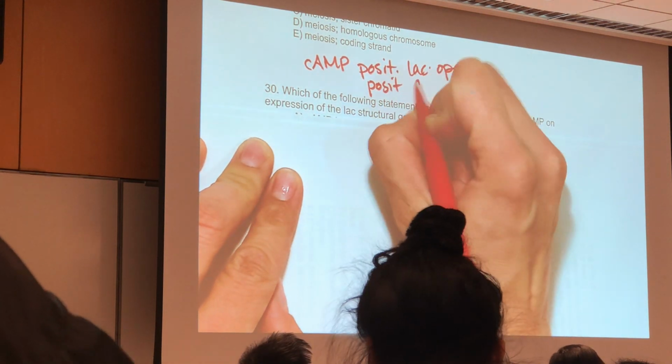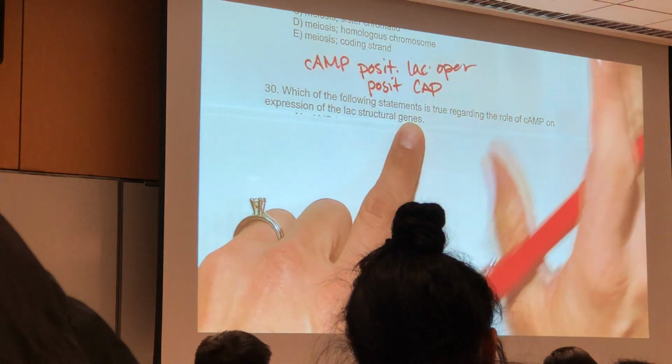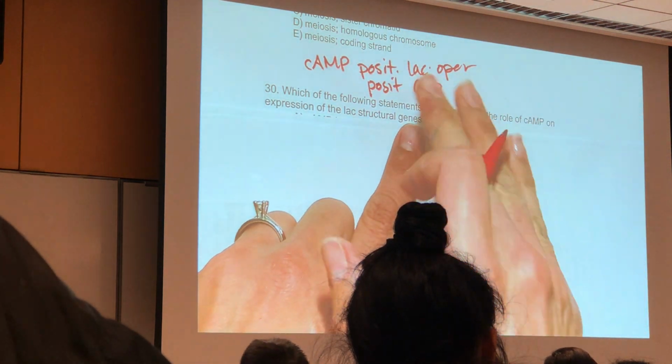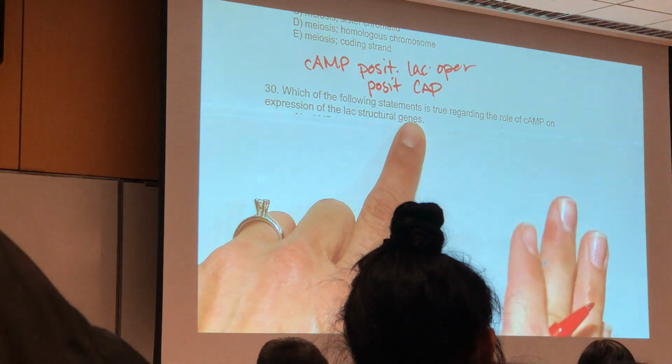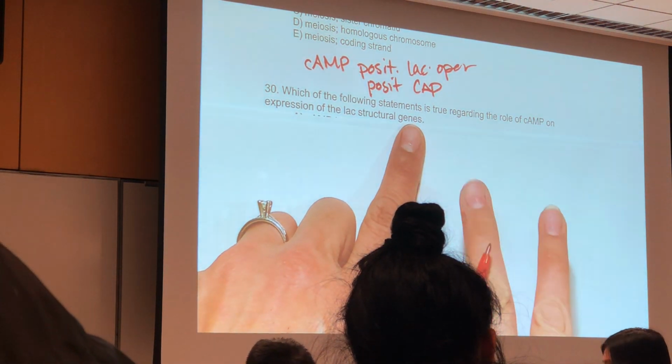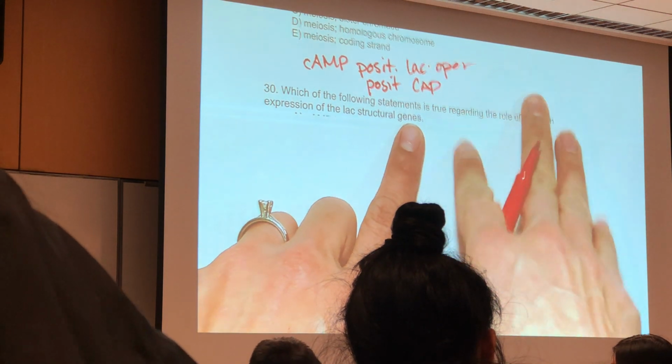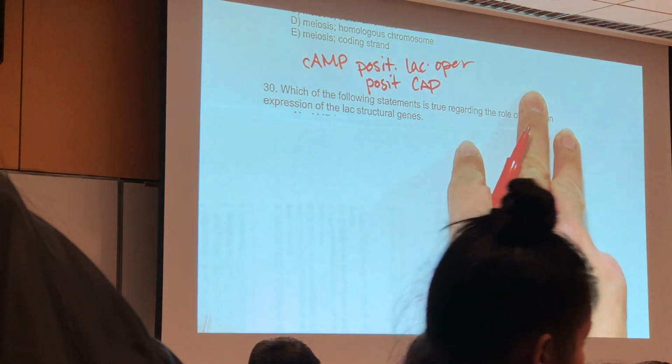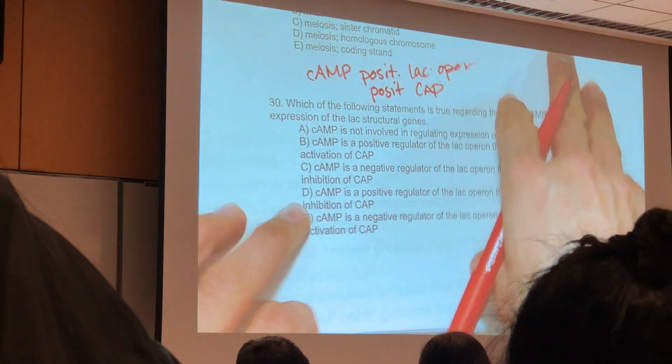Positive regulator of CAP. All right, so we've got that. We didn't even worry about the answer choices. We're confident in that without an answer choice confusing us, right? Sometimes if multiple choice isn't your thing, hide the answers and answer the question on your own, and then find one that matches. Cyclic AMP is